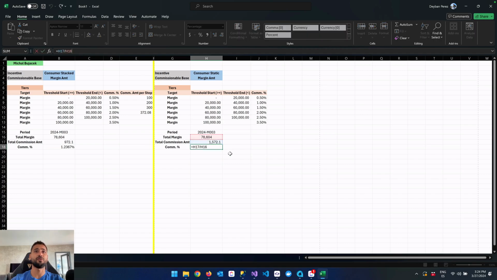So in the end, if we apply to the total commission amount field the same formula that we applied for the stack method, we are going to get the 2%